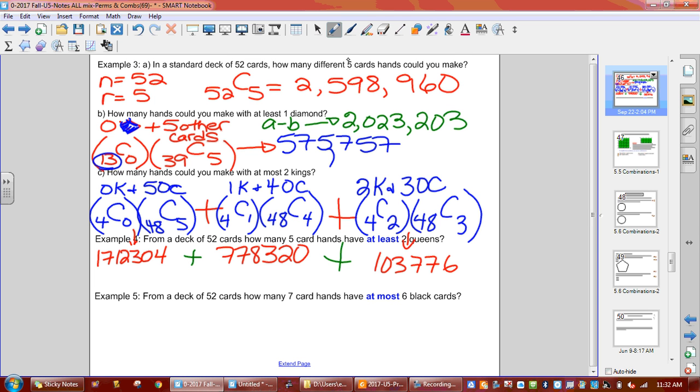Okay, let's check your work. Make sure you get the right answer, guys. When you add them all together, you should get 2,594,400. Okay, that's 3C. Okay, now we need to take a look at example 4. Example 4. Now, the next one